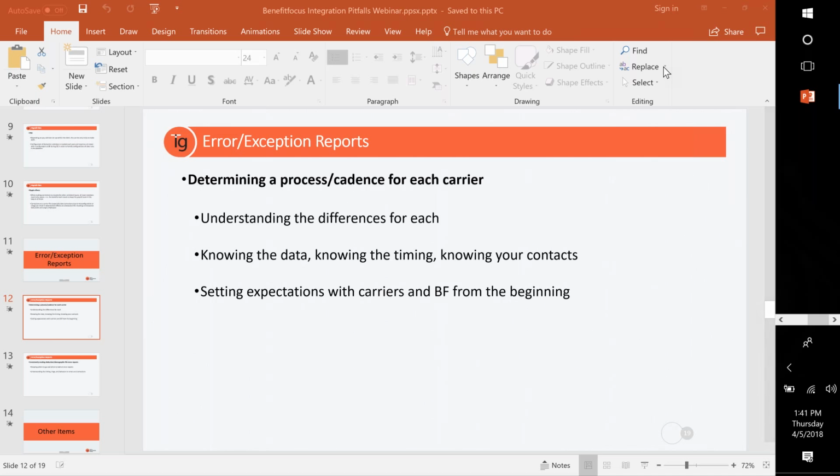Now, let me say this real quick. For carrier EDI files, if Benefit Focus is sending a file to your carrier, the carrier is the one who supplies the EDI file or the error report. But if you have a demographic file that loads into Benefit Focus each morning, they supply you with an error report. And a lot of clients don't know that either, that you have to go in and check that report on your own because nothing is sent to you. But if you're unaware,